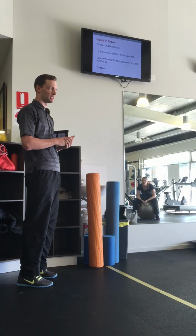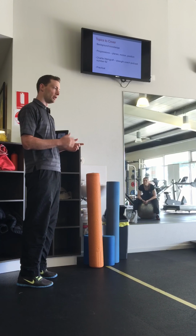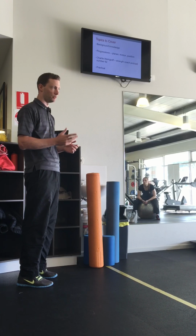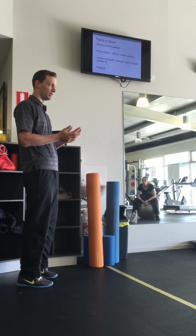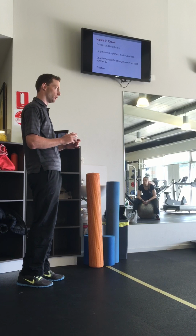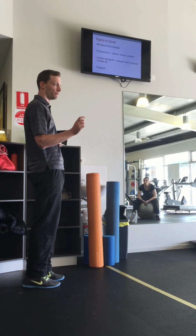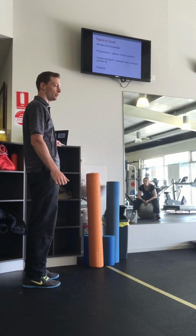Thinking about glenohumeral joint stability, you guys have heard me talk about this before. I don't think Theraband internal and external rotations are the way to get the rotator cuff functioning how you want it to function. That's a training muscles, not movement, approach. If you want to strengthen the rotator cuff and teach it to function and stabilize the glenohumeral joint, there's no instability that needs to be controlled. So